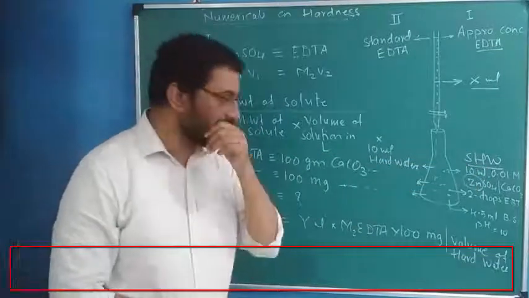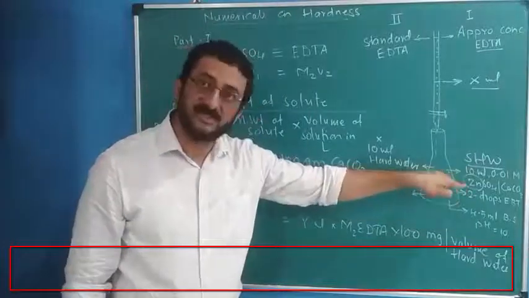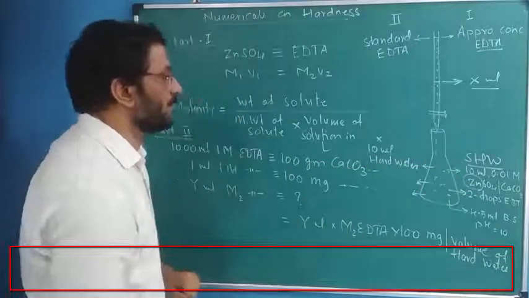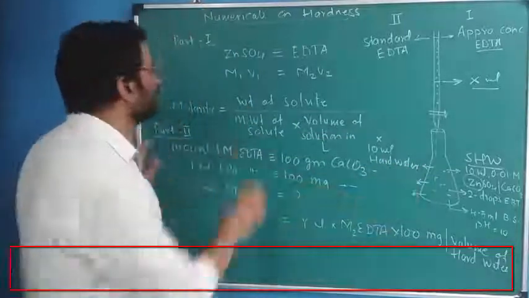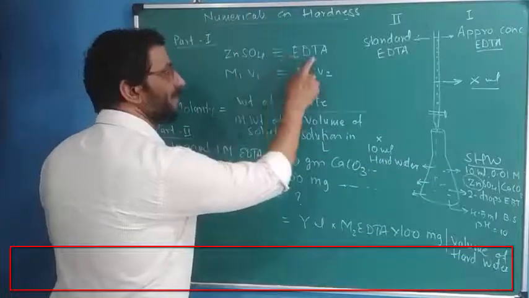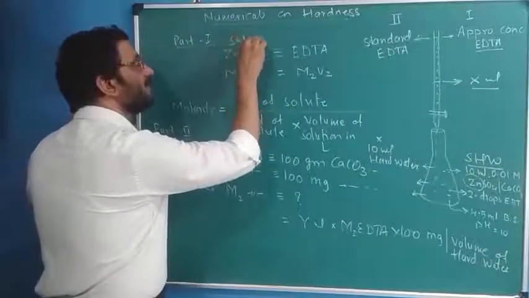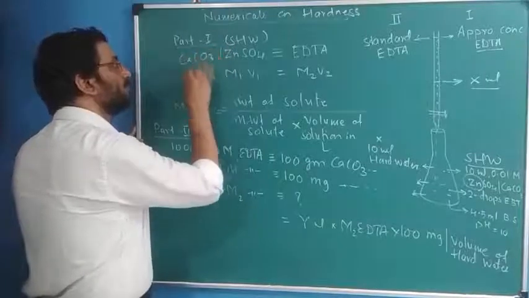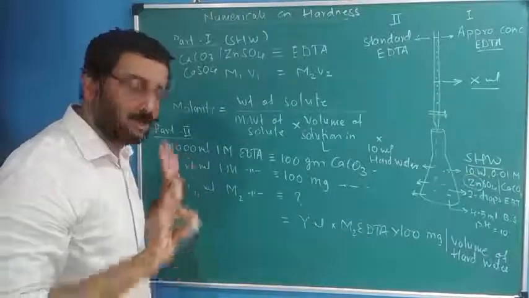What is the reason for that? The reason is that I know the concentration of the salt in that solution or in that water. So, standard hard water. What is the calculation part on completion of the reaction? It is here: zinc sulfate against EDTA. This is that titration, or I will write standard hard water. You can take CaCO3 solution, you can take CaSO4 solution or any other salt solution.